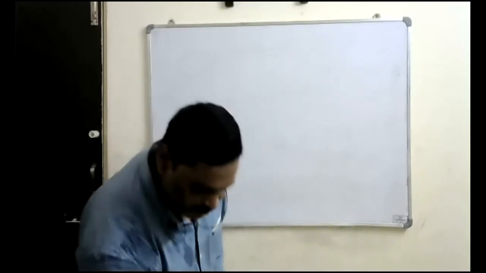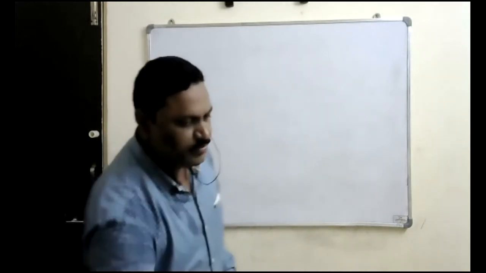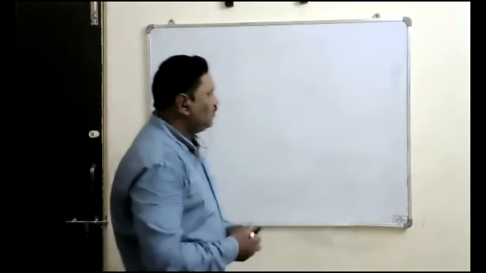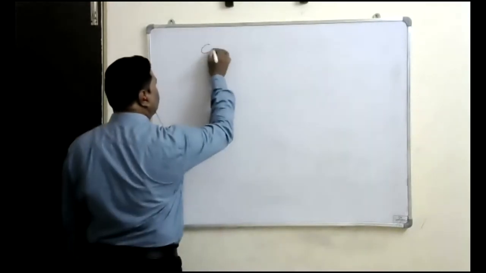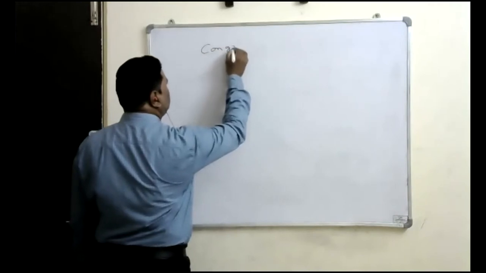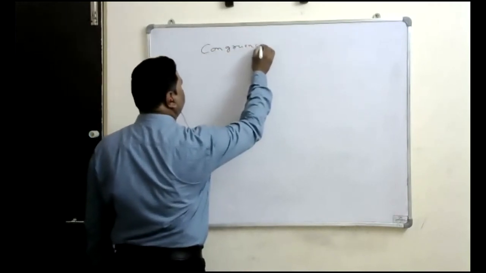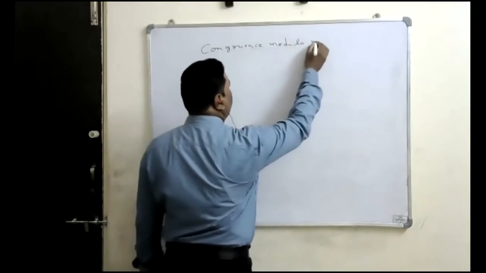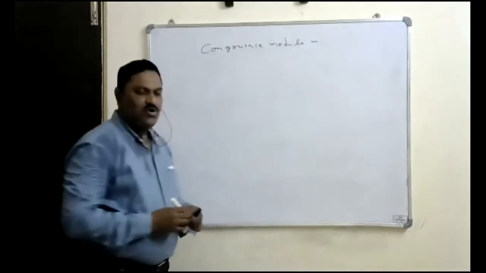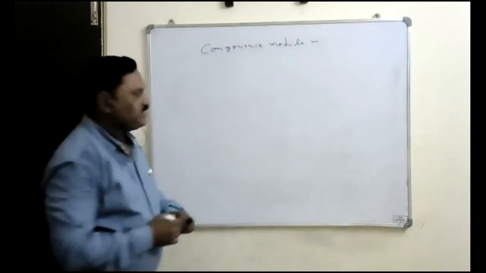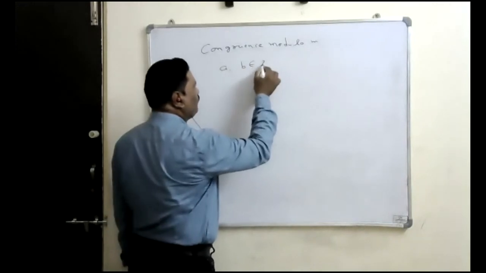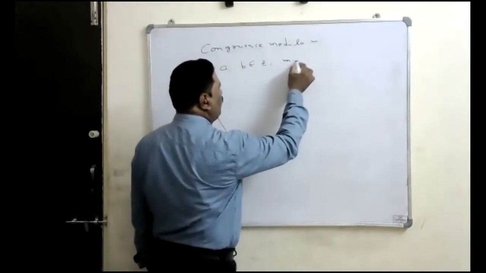So, welcome back. In the last class, we saw the concept of congruent modulo m. So, what is the meaning of this? Congruent modulo m means if a, b are any integers and m is a positive integer,